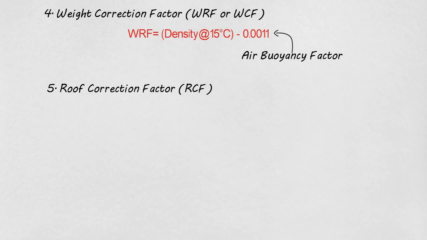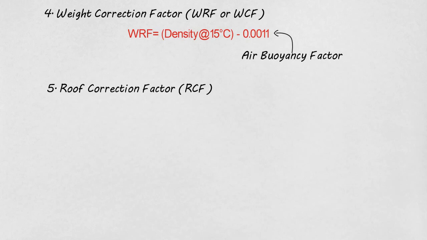Then the roof correction factor, which is essentially the volume displaced or raised by the weight of the roof. Suppose you place a plate over a cup or a can of water; due to Archimedes principle, some of the product will be displaced equivalent to the weight of the object, and thus it is floating. If it is sinking, that means the entire volume of the object which you have put has been displaced. But if the weight of the product displaced is more than the weight of the object, it will be floating according to the Archimedes principle.